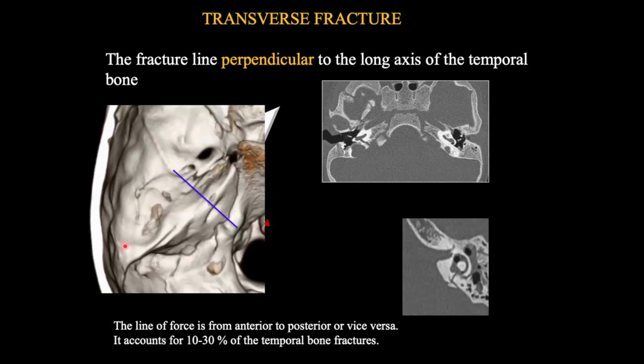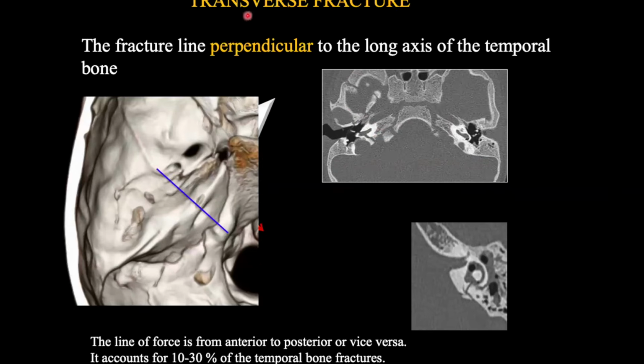transverse fracture. So you saw the longitudinal fracture going like this; transverse is cutting down like this. So now this is an otic violating fracture, which accounts for 10 to 30%. Now if 70% is longitudinal and 10 to 30% is only transverse, what is the middle part? That is a mixed fracture, both longitudinal and transverse. So now the fracture line here is involving the basal turn of the cochlea. See here, the fracture line is involving part of the lateral semicircular canal, and there is air in the vestibule. So pneumolabyrinth, because we are calling this the bony labyrinth.